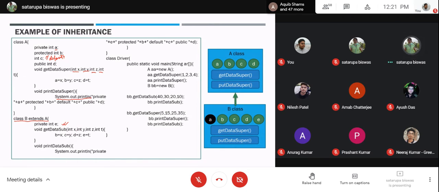Here also we are going to take 4 integers. Why 4? Why not 5? Because we already had 4 variables here, along with that 1 more variable we are adding, so in total 5 variables are here. Why are we taking 4 values? Why not 5?